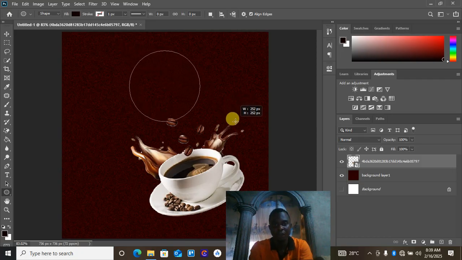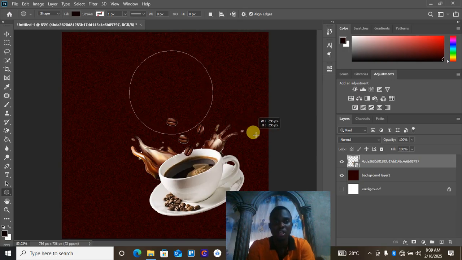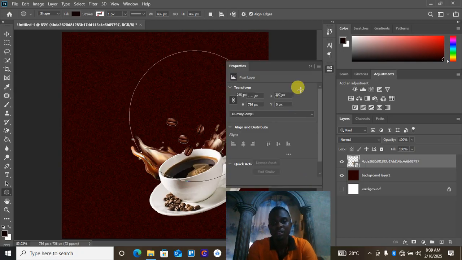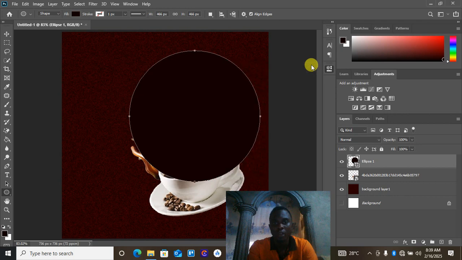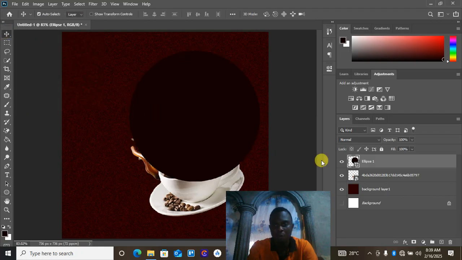You have a perfect circle of equal height and width. As you can see on our screen, we have equal height and width of 273 pixels and 277 pixels. So we'll increase the circle size a little, and there we go. Now for our color, for our coffee brown, instead of using this dark coffee brown color, we simply